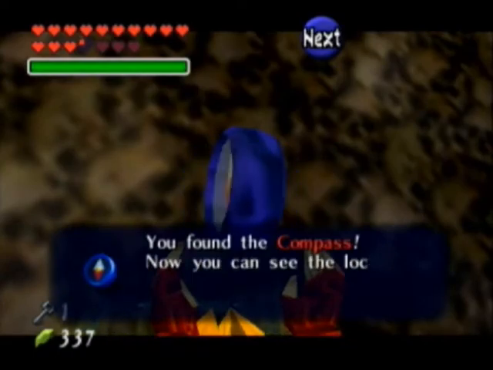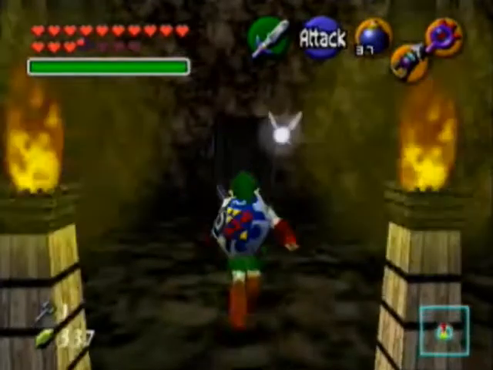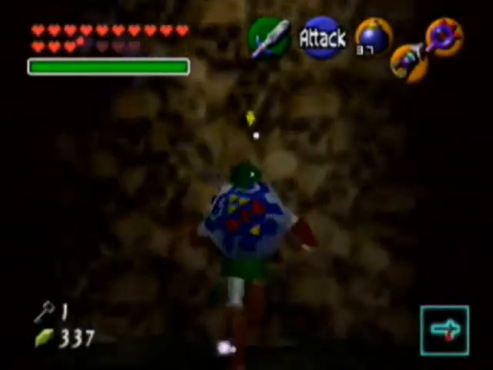But we found the compass. The compass. Now we can see many things hidden in the dungeon. Ooh. Even though we already picked up everything we needed, really, so...